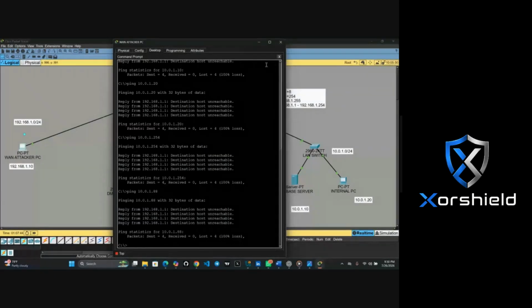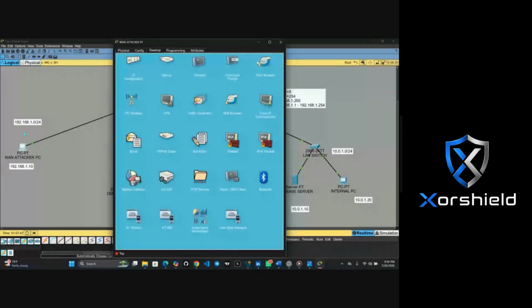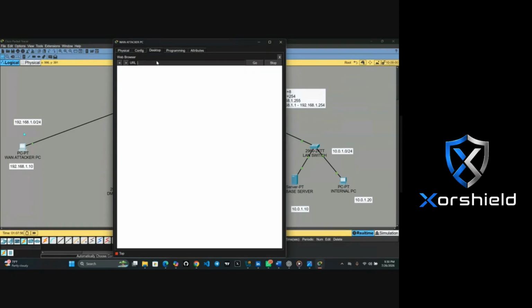Or better still, after this, you can just go to maybe your web browser also. This one will show more. Let me just use this web browser. So just go to 172.16.1.10. It should load. Can you see that it is loading? That our attacker PC can access the web server, right? Yeah.